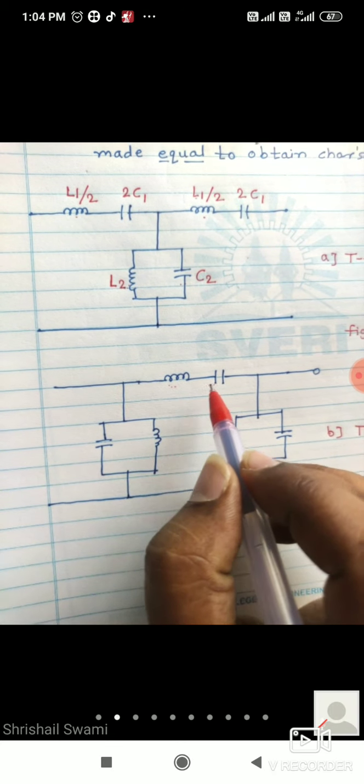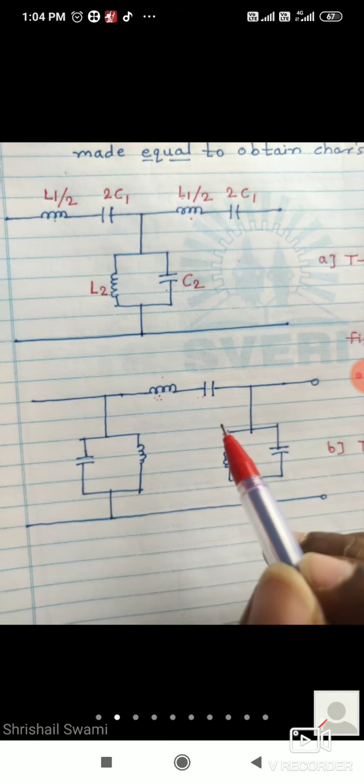Okay, so next one pi section मध्ये सांगा आता what is the value, what is the name of this inductor and capacitor now? Who will tell now according to or compare with T section? काय असणार इथं व्हॅल्यूज? They are in single. इंडक्टर अँड कॅपॅसिटर बोथ आर सिंगल हियर इन सिरीज आर्म. So what will be the name? काय असू शकेल? Compare with T section.